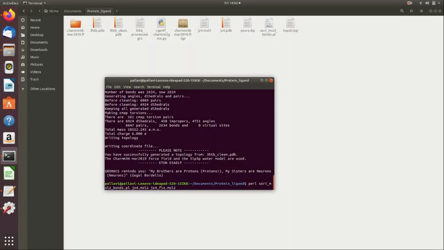So what we did is we ran your JZ4, which is your ligand file, through CGenFF. Now, the reason why CGenFF was chosen is because the force field which was used was CHARMM. The reason why we chose CHARMM for processing your protein, and also for your ligand, was because it's given in the tutorial.